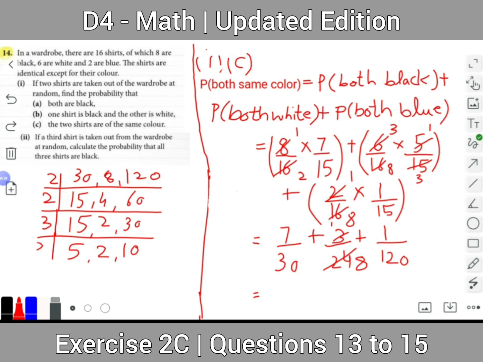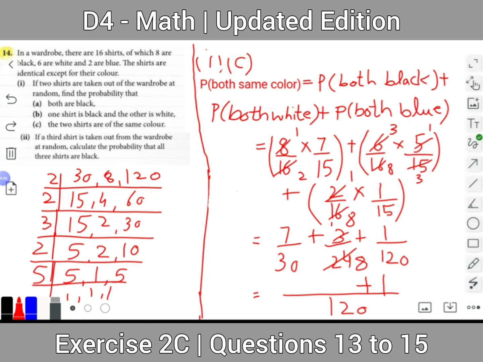Now we have 2. So here we have 5. 2 1s are 2, 2 5s are 10. So 5 2s are 10 and 10 3s are 30 and 30 2s are 60 and 60 2s are 120, so the LCM will be 120. Since 1 20s are 120, so here we have 1 plus 30 multiplied by 4. So 30 4s are 120, so 7 multiplied by 4 plus